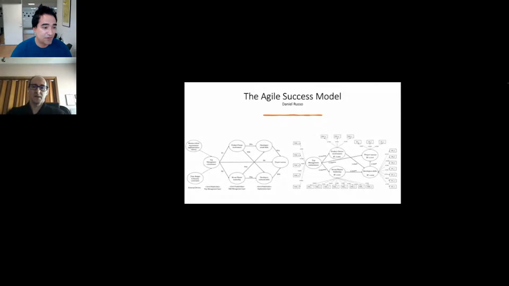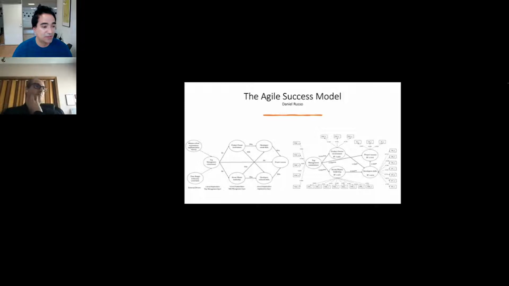The final result of this initial stage of research was the identification of a set of variables that influence project success in agile transformation processes, which is the first picture you can see, where another relevant element was this distinction into three main managerial layers.